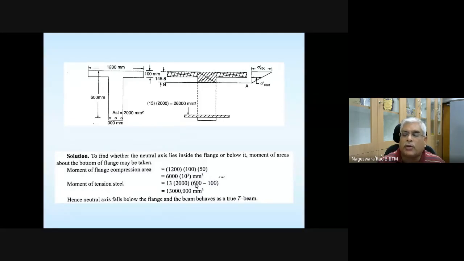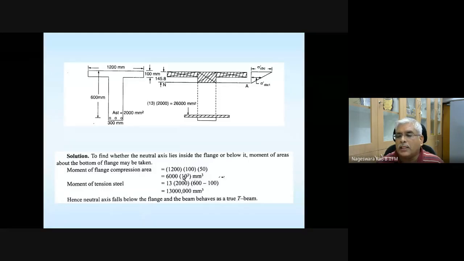Here we are assuming neutral axis to coincide with the bottom of the flange. So that distance is going to be 600 minus 100. So you got moment of tension steel,